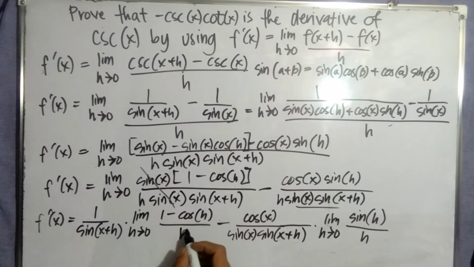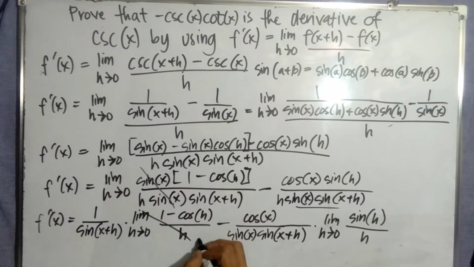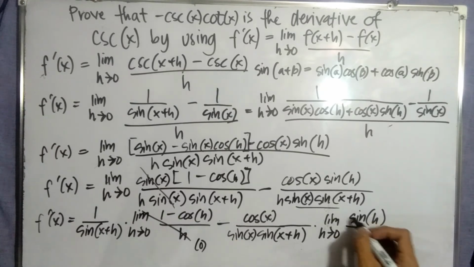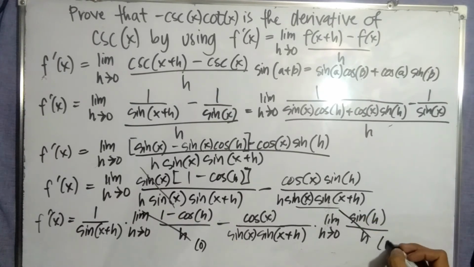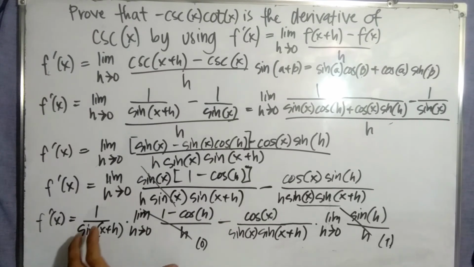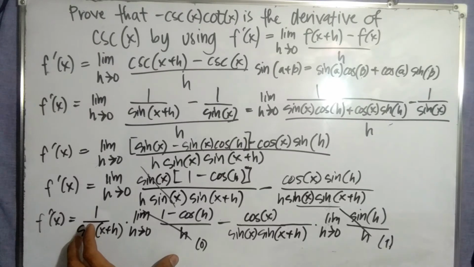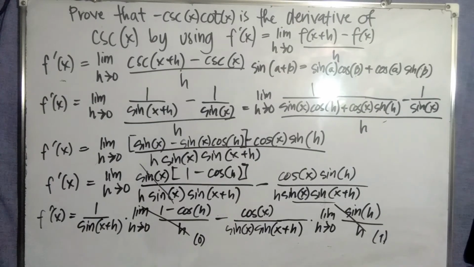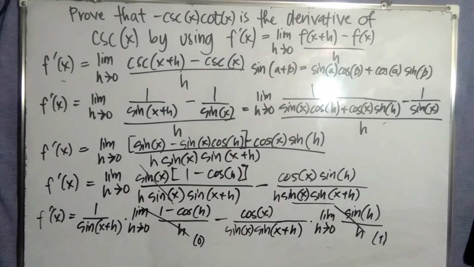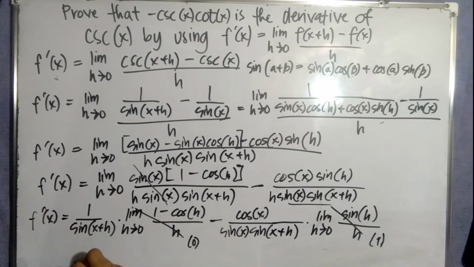Ito, sabi sa limit identity, will now equal to 0. And this identity will now equal to 1. Ibig sabihin, this quantity is equal to 0. Kasi any number, any variable that is multiplied to 0 is equal to 0. And any number or variable that is multiplied to 1 is by itself. Okay? So, we obtain f prime of x is equal to